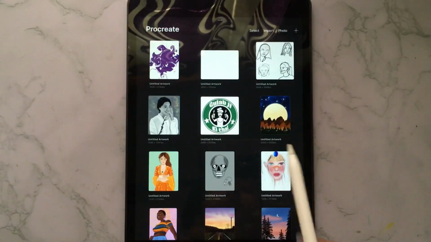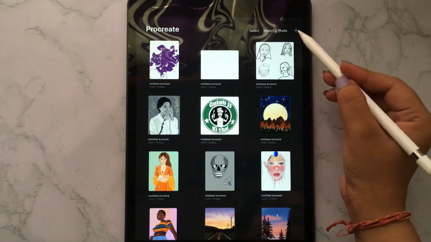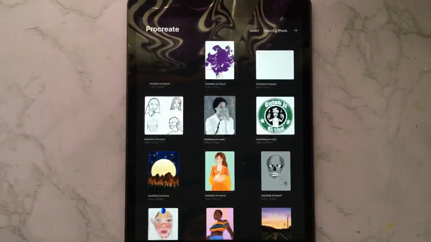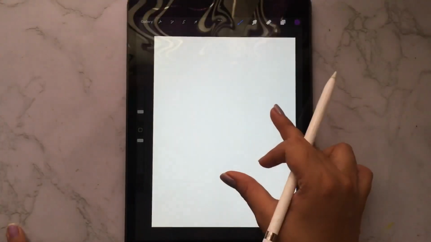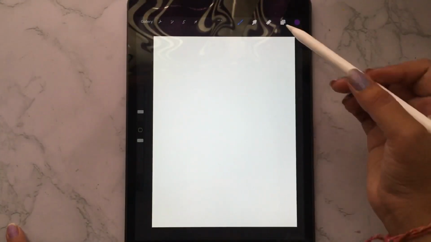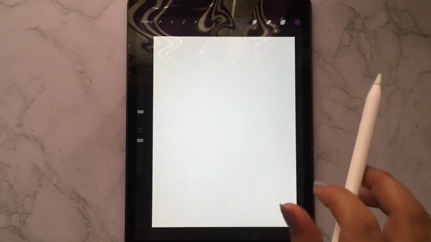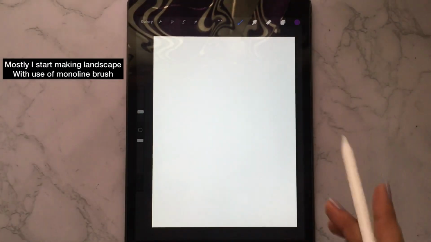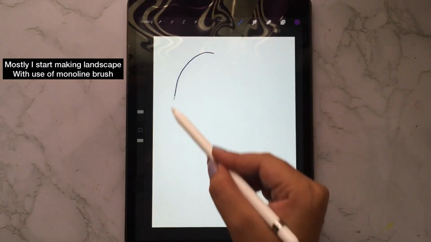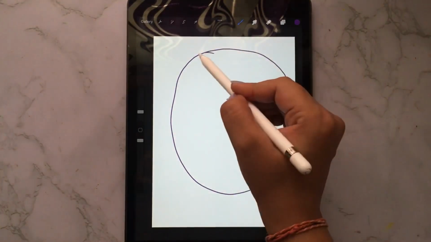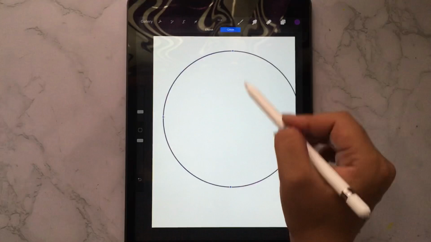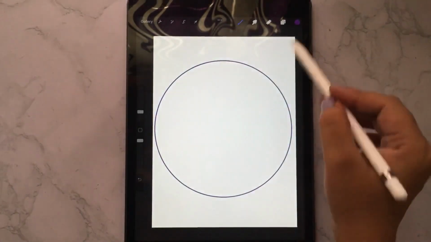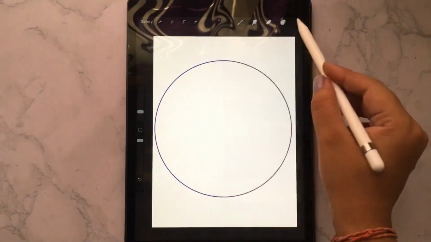Now let me show you how you can make digital art. So firstly, select a canvas size as your preference, and for most of the landscape you can use monoline brush at starting. Just like this, you have to make a circle, hold your pen in place and drag the color.